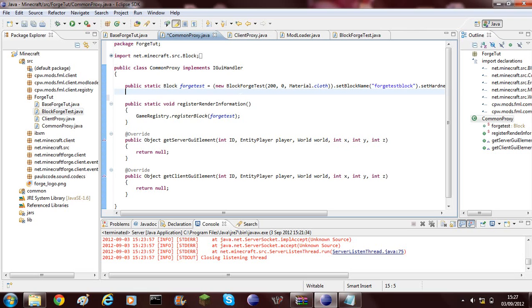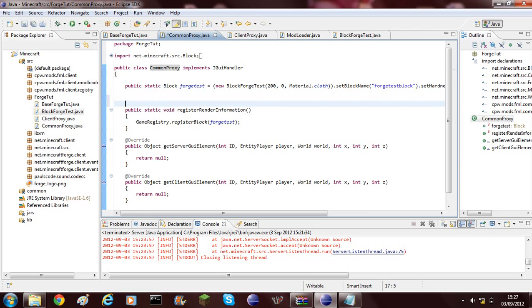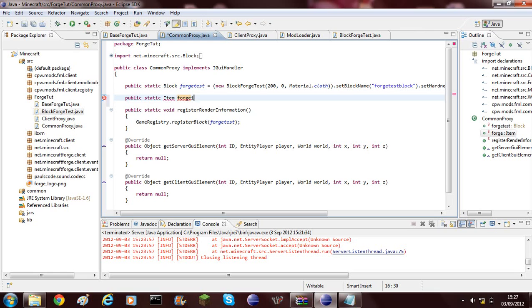Once you've done all that, then you'll need to start coding again. And to add an item into the game, you need to go into your common proxy, which is the client and server bit, and you'll need to add this statement. So public static item, and then you choose the variable that you want your item to be called. So I'm going to call this Forge item,